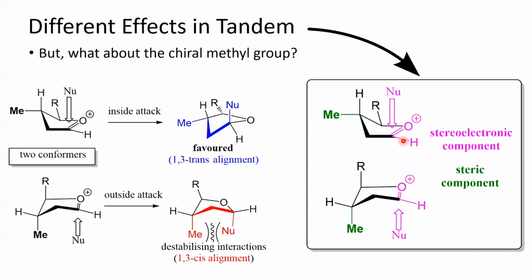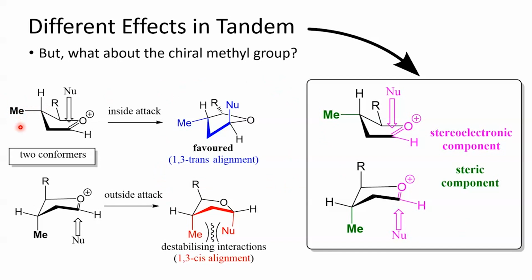But what if we consider this chiral methyl group, shown here in green? So we've covered the stereoelectronic component, which dictates that a nucleophile needs to approach either from the top or underneath, because that's the orientation of the p orbitals. If we now look at one of the methyl diastereomers, we can draw out the conformers, and we can see with the methyl group oriented away from the furan ring, the inside attack is favoured for the same reason as before. Indeed, if we look at the lower conformer, the methyl group oriented downwards is actually going to impact the approach of the nucleophile if it chose to come in via the outside route. So from this combination of stereoelectronics and sterics, this inside attack route is favoured when the methyl group is situated